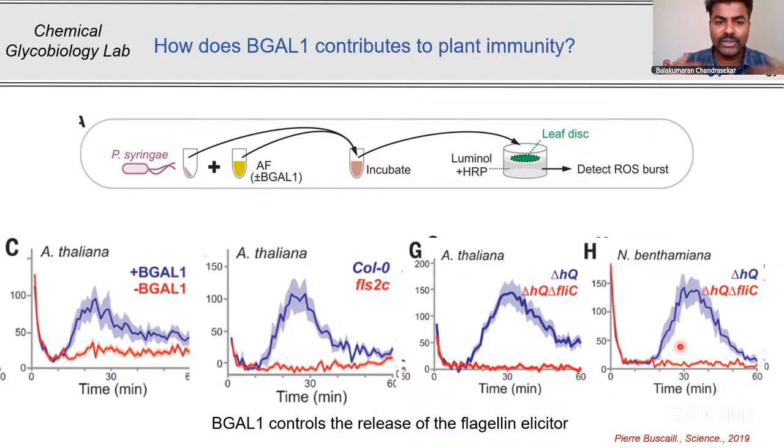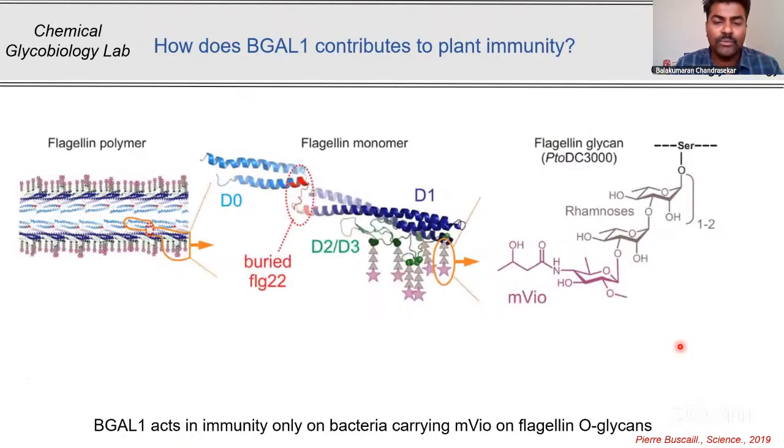So beta-galactosidase is an enzyme which acts on sugar, but flagella is a protein. It's made up of flagellin proteins. How are these two getting connected together? So we can go in detail and see what the flagellin protein is actually composed of. Flagellin proteins are composed of flagellin peptides, but these proteins are actually buried inside. But on the top, you will see a lot of sugar residues which are exposed in the flagellin proteins.